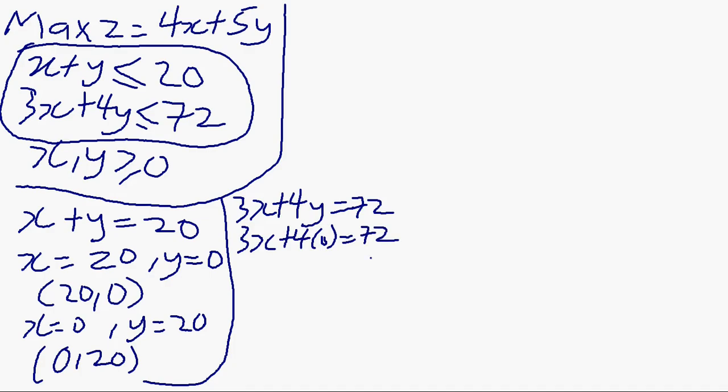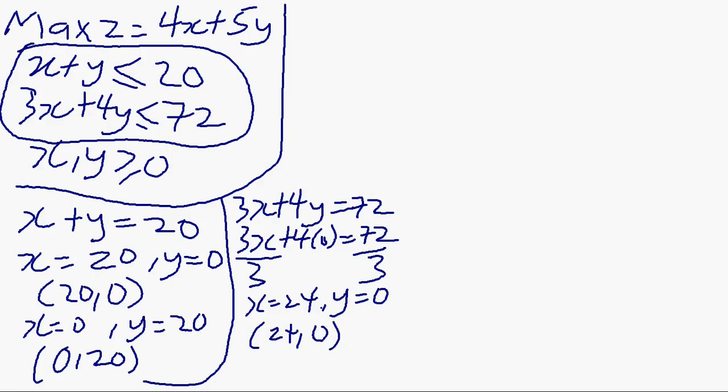So if you want to get a value for x, you have to divide both sides by 3. So 72 divided by 3, we are going to get 24. So when x is equal to 24, y is equal to 0. So our coordinate is going to be 24, 0,